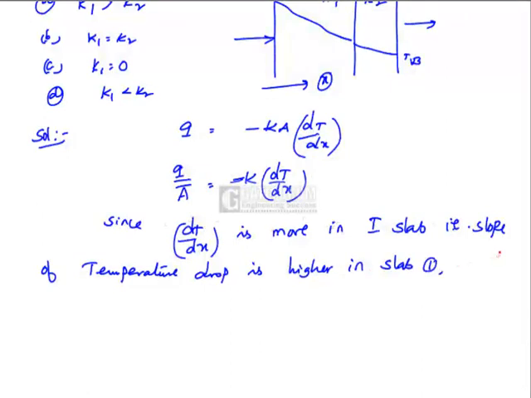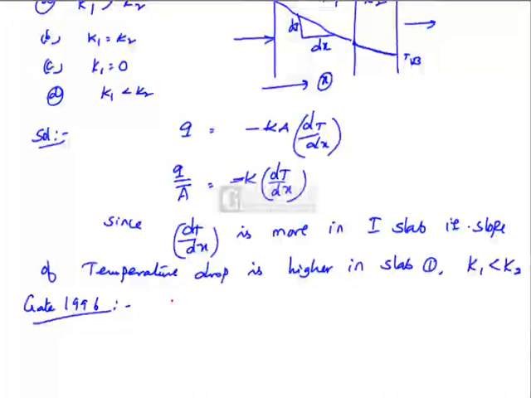For the same Q by A, K1 is lesser than K2 is very clearly given. The slope dT by dx is greater in the first slab as compared to the second slab as seen in the figure. Therefore, K must be lesser in the first slab. Hence the problem. Now I shall solve a problem given in GATE